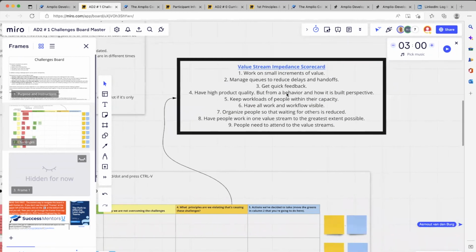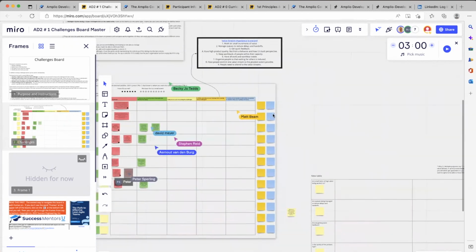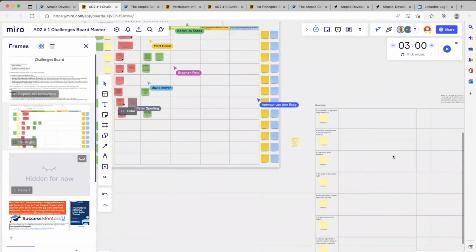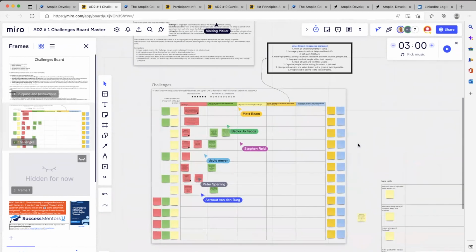But see, this is another piece about Amplio that's different. I started this idea almost a decade ago, this value stream impedance scorecard, what works against you, laying out the theory we do have. Working on too many things, like Little's Law: delays cause waste, starting too many things in play is a problem. If you can't see it, you can't manage it. There are things like that. I've come up with 9 things to look at, and then you can manage these. The rest of the stuff on the board I don't use. I should probably get rid of it, but they're just thought process.